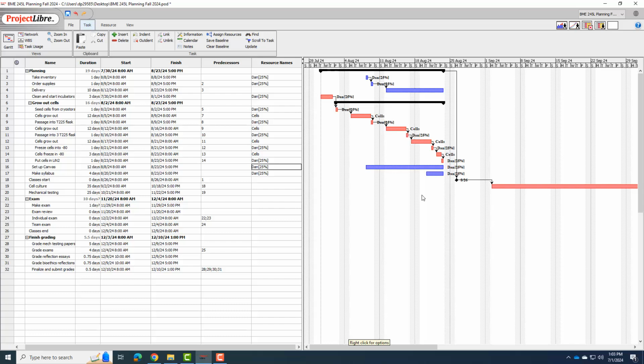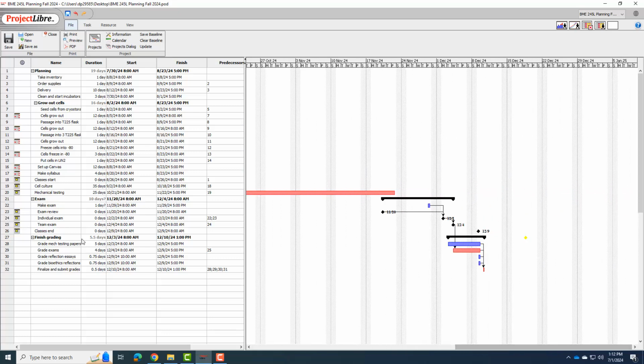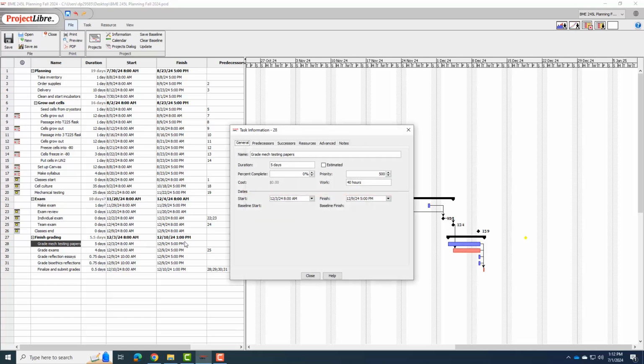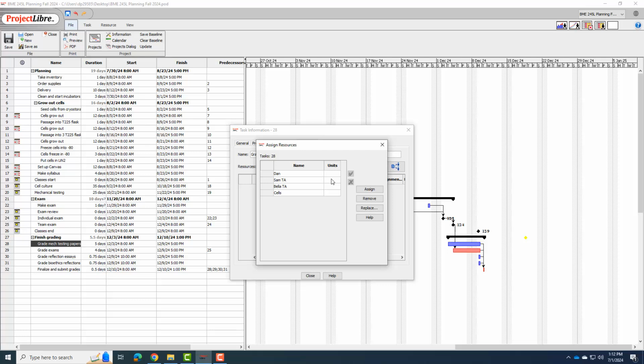And how long things will actually take. All right, we're going to jump ahead to our grading section here. For all these, I'm going to pretty much assign people. First of all, though, my mechanical testing papers, the resources for that are going to be my TAs. So I'm going to assign Sam 50%, Bella 50%